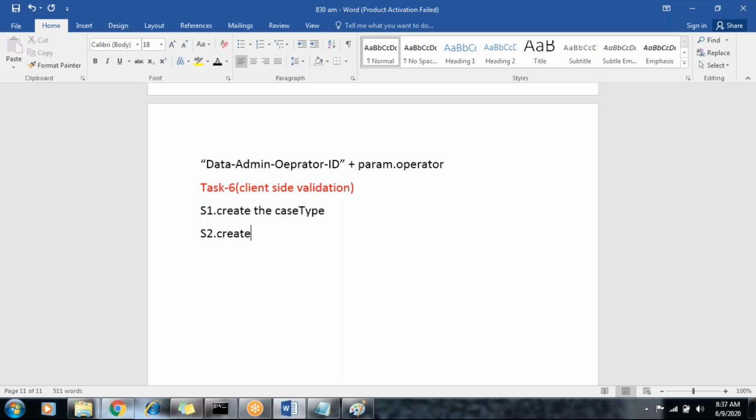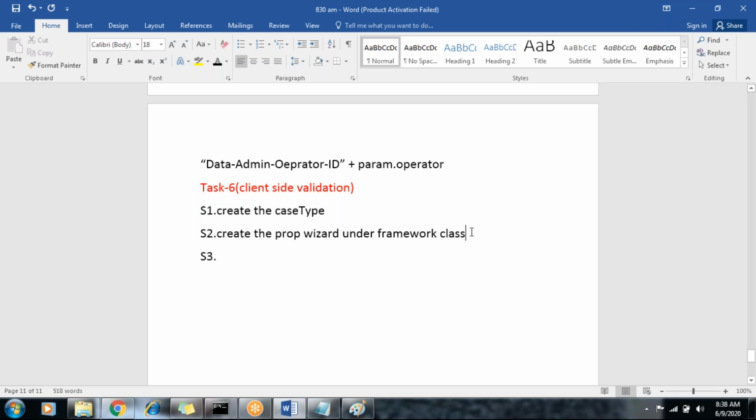We are creating the properties in the framework class, using the create property wizard under the framework class. In step 3, create the case type, then create the property wizard under the framework class.